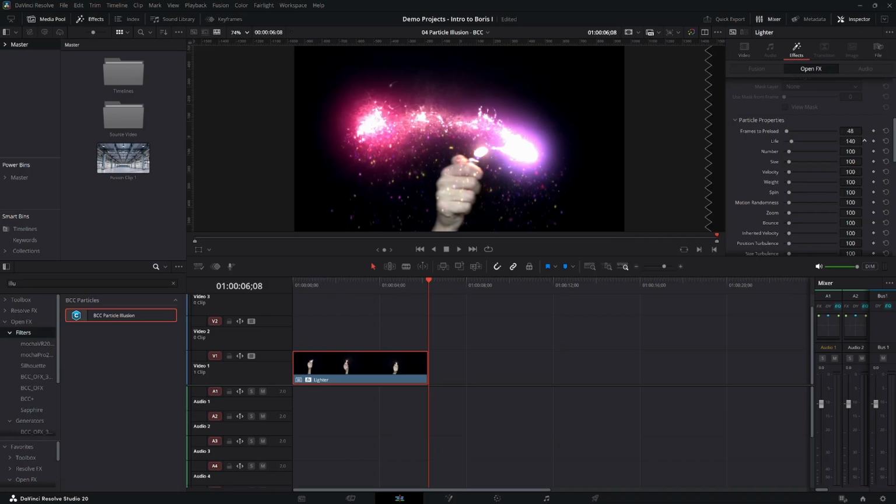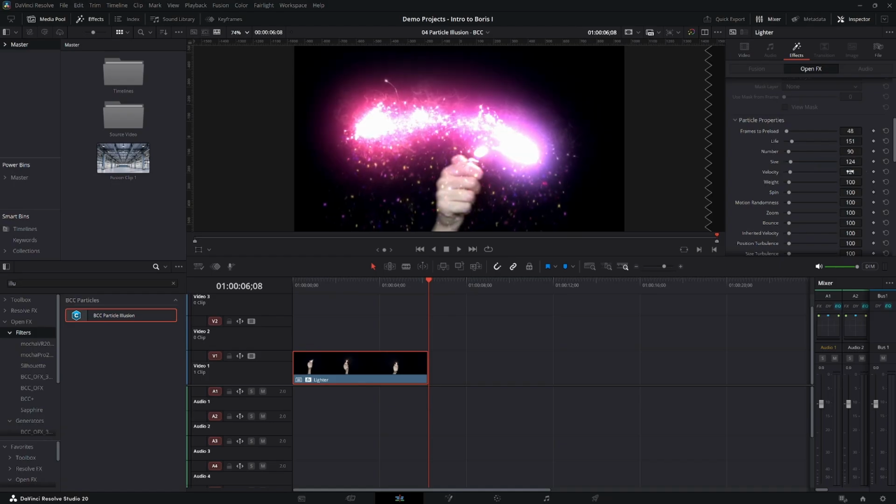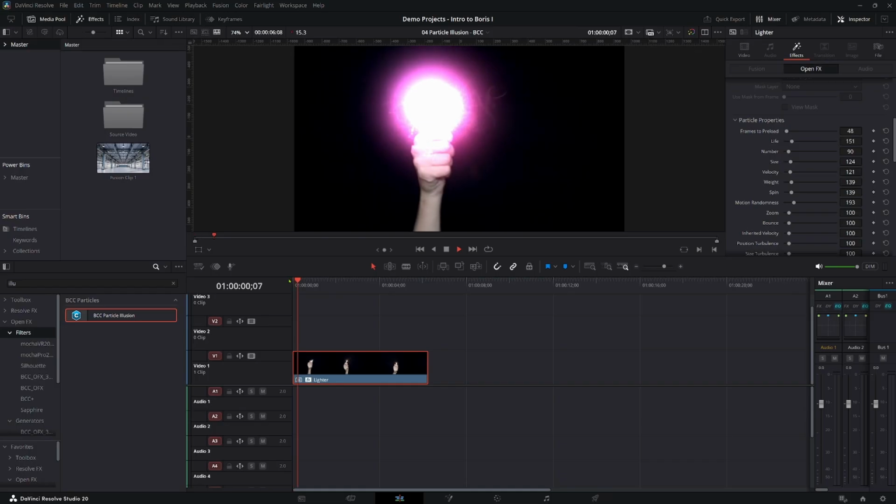So if I crank up the life, then what that does is it makes it so the particles last a little bit longer, and then I can reduce the number of particles. I can change the size, crank up the velocity if I want. And then the weight, what the weight is, is the effect that gravity has on them. So if I crank up the weight, then they're going to fall to the ground a little bit faster. And then I can also add a little bit of a spin and then also some randomness to it. And now if I play it,